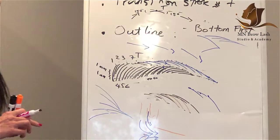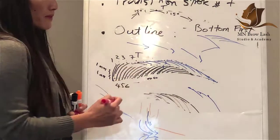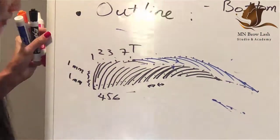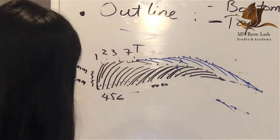Okay. All right. Now I am going to fill in. Since we have the frame already, I am going to fill the bottom first. This one, and then next is the top. And then now I'm going to do the fill